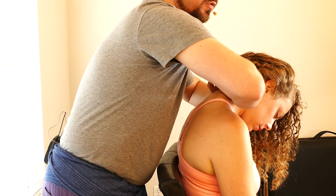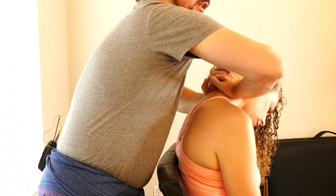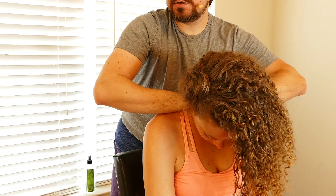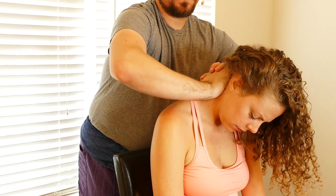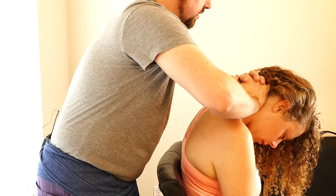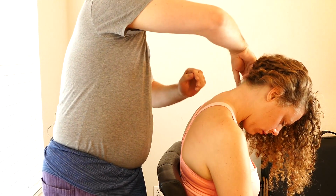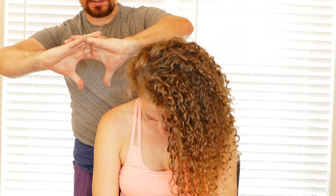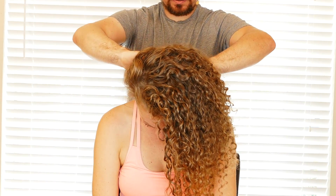Guiding. Once I have a good grip, there's a gentle lengthening to one side, lengthening to the other. And then if I've got a grip on both, I'm gently rolling her head down. It's lengthening both sides of the neck. I let her rest. And with both hands again, now the thumb pads, either side of the neck,